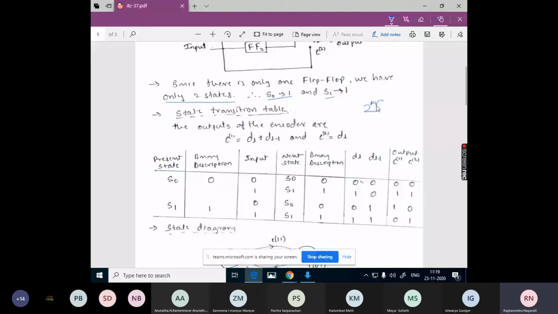Here we have only one flip-flop, so this becomes 2 raised to 1. So the total number of states is 2. We will name these states S0, S1 up to S(2 raised to m). So here we have only 2 states, S0 and S1.